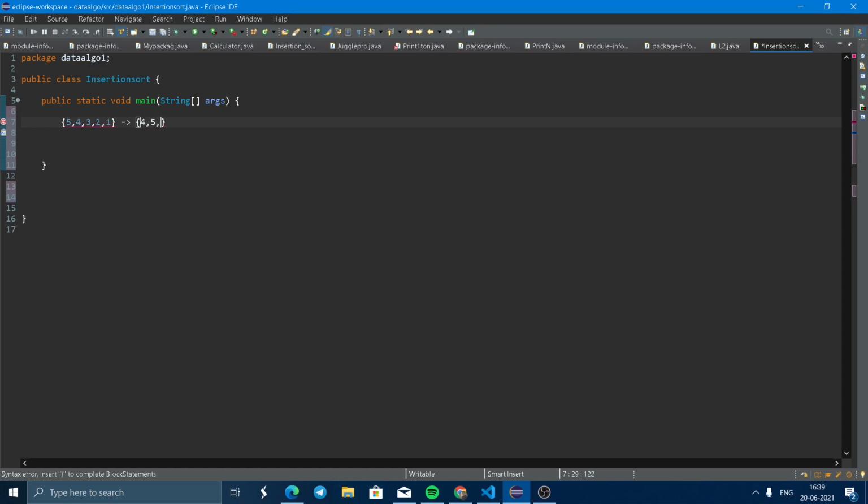Now the array is 4, 5, 3, 2, 1. Again we compare two elements of the array, 3 and 5. 3 is the key value. The key value is less than 5, so this 3 will be placed in the place of 5, like that. Now it is 4, 3, 5,